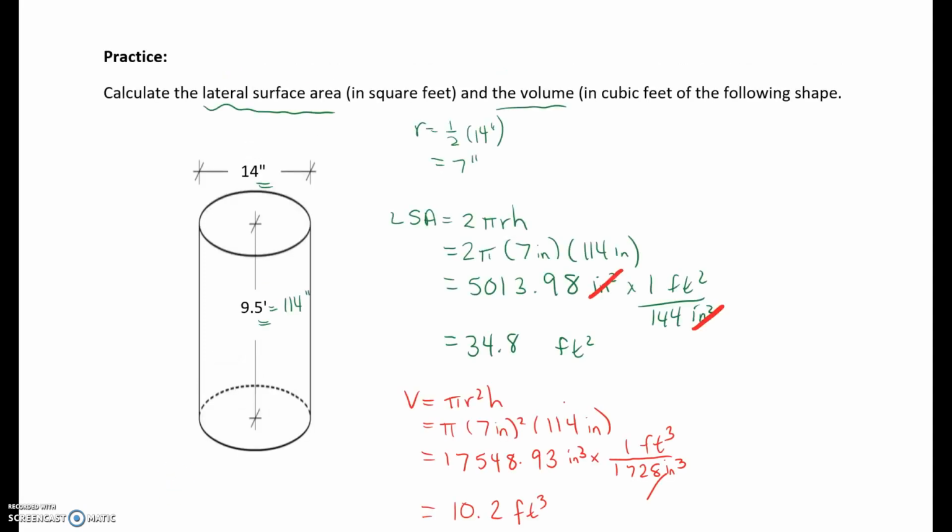The radius is 7 inches and the height is 114 inches. Substituting into the formula, we find the surface area first in square inches and then convert to square feet. Subbing into the volume formula, we can find the volume first in cubic inches and then